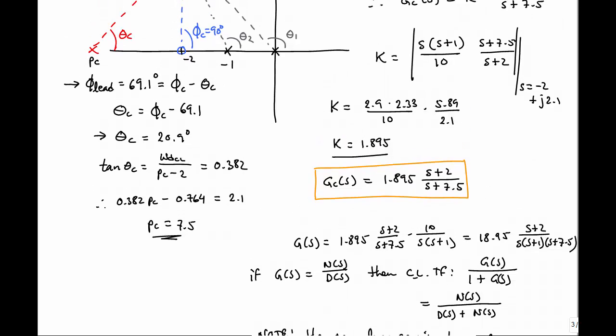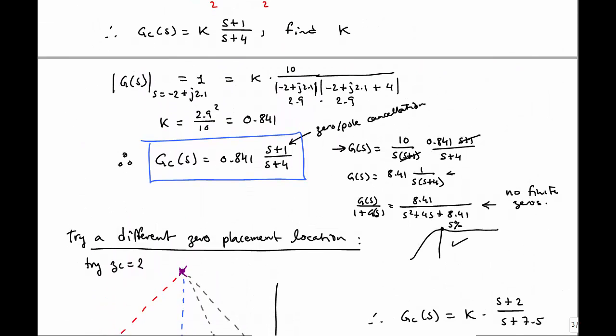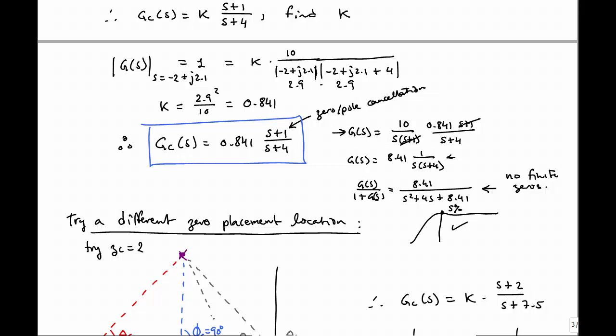Okay, so what we're seeing in this first case, where we canceled our zero of our compensator, the s plus 1 canceled with the s plus 1 in our plant. Our open loop gain right here had no finite zeros. And so the closed loop transfer function here also had no finite zeros. And you might say, well, what does that have to do with overshoot? Well,